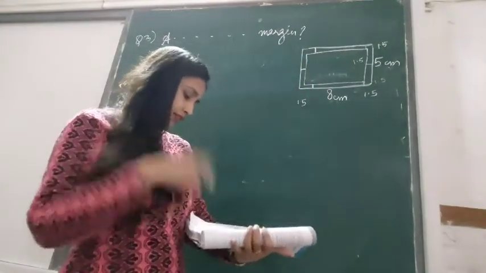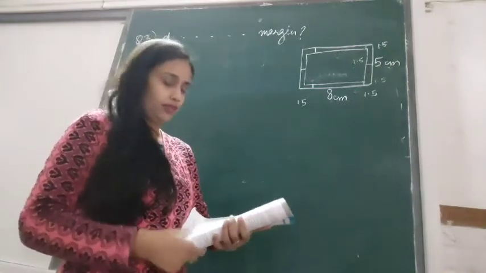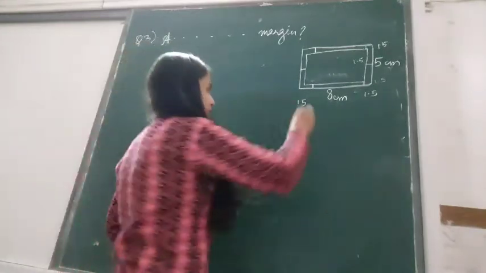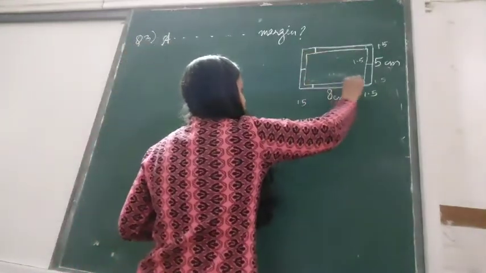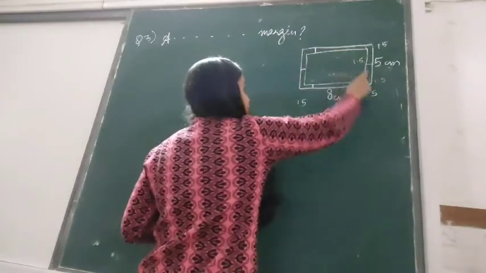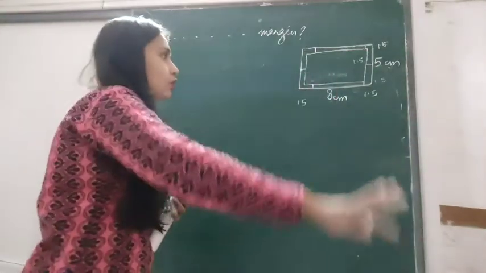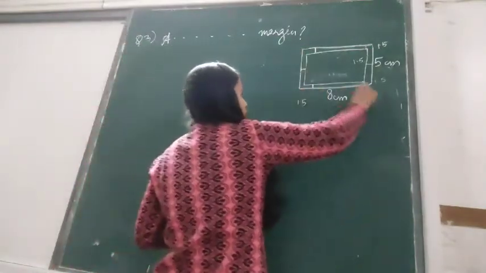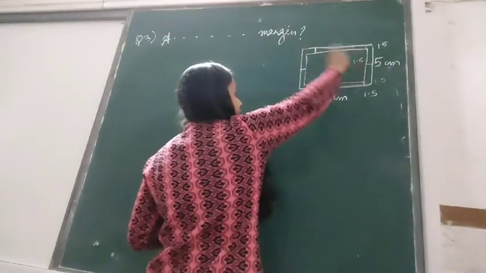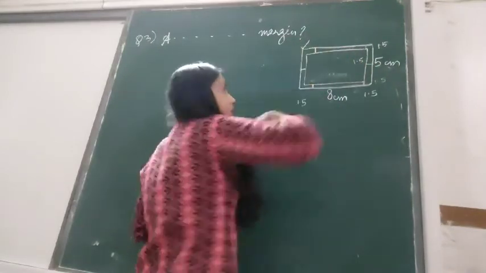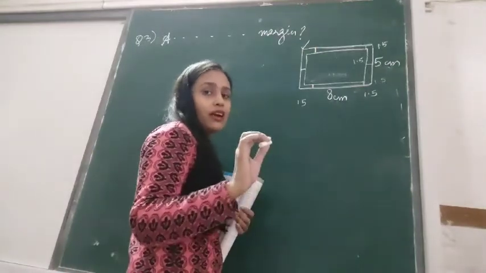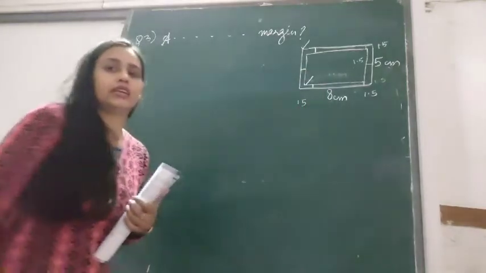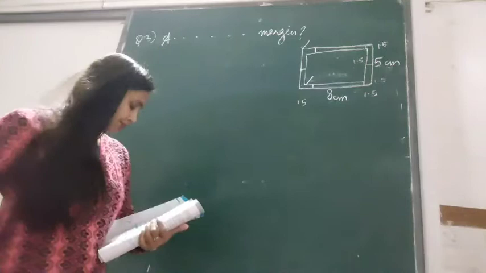Let's see what we have to do. We have decided already what we have to find out. Find the total area of the margin. So we have to find this area. For that we need to remove this. Yes. So how we will remove it? That means we will subtract. How we will subtract? From this area we will subtract this area. That means from the outer rectangle we will subtract the inner rectangle. Okay, that is the area.